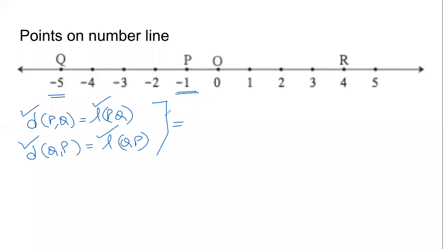Between -5 and -1, it should be extremely clear to us. Whichever is on the right hand side is bigger. Whichever is on the left hand side is smaller. So we will take the bigger coordinate and we will subtract the smaller coordinate from that. Now this becomes integer arithmetic, -1 minus of -5. Minus multiplied by minus is plus, so -1 plus 5 becomes 4.